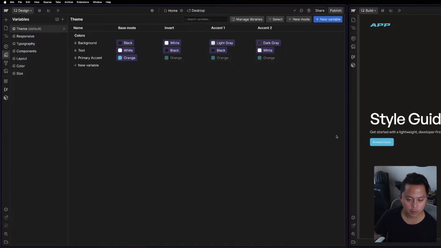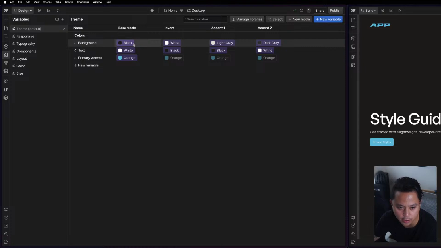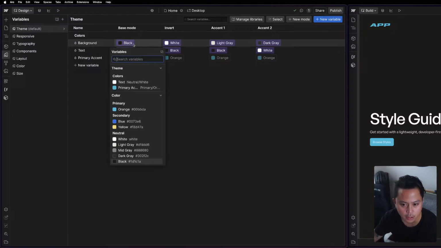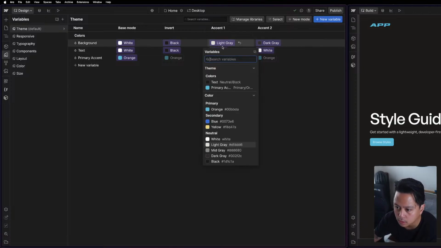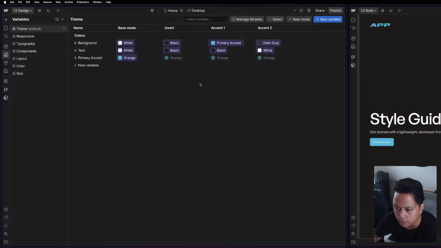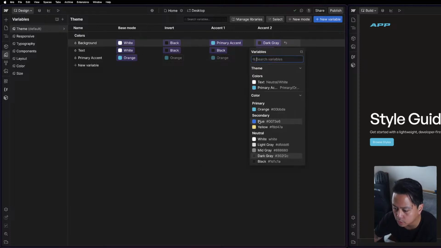All right. First thing I'm going to do is just change out the variables here and then basically make a version of the live website in this environment and then have a good reference so that I don't have to make the mental calculations in my head. So just swapping out these really basic things here. Accent 1 will do the primary accent. Accent 2,